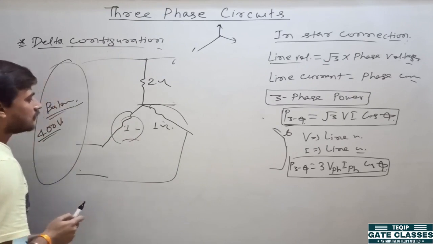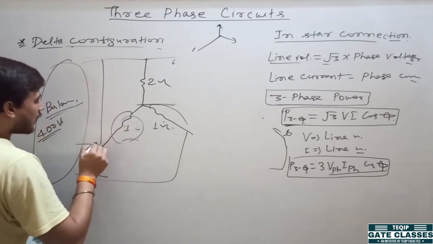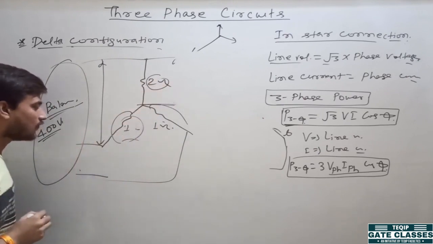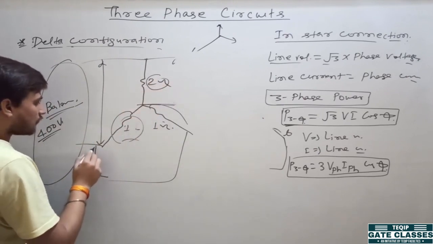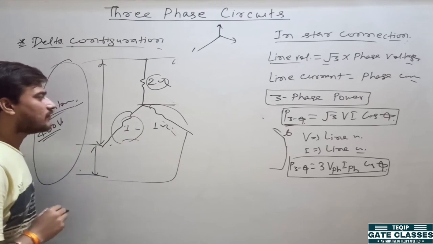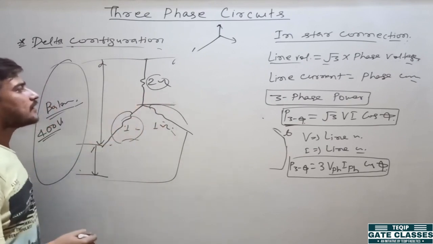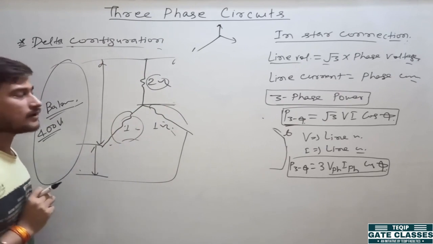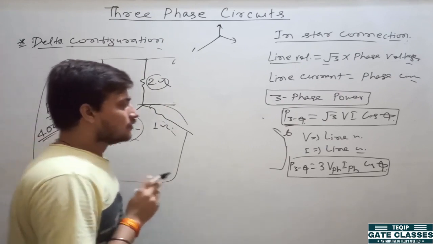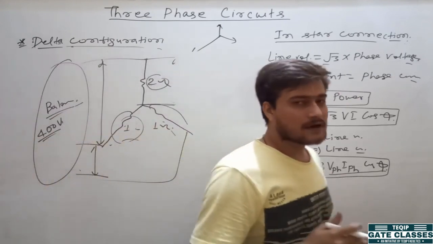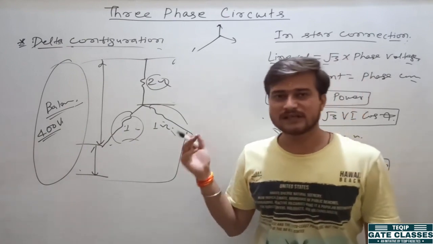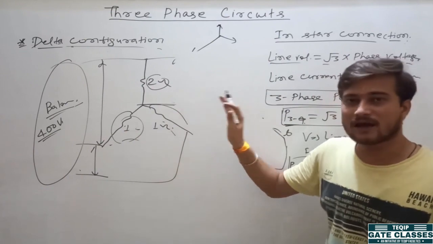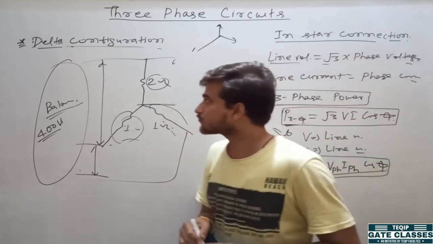Because here you see that line voltage is appearing, and here you are having the resistors of 2 ohm, 1 and 1 ohm. But here if line voltage appears, the resistors are different. So the currents will be different, and ultimately the voltage across the phases will be different. So for that you will have to apply different network theorems, network principles to solve the questions if they are giving you an unbalanced system. Clear?